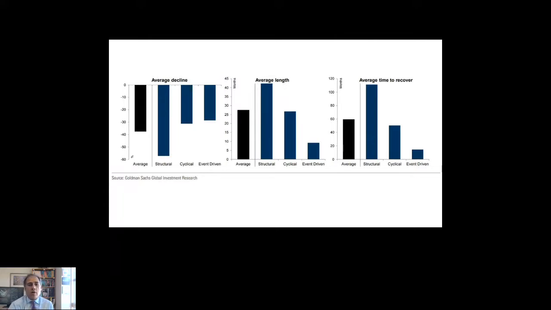Average time to recover means to go back from the bottom. You measure the time from the bottom was hit to the point at which it gets back to where it had reached when it started declining. It's a little bit technical, but essentially what it means is how long will it take for us to get to our February highs? That's what it essentially means from the bottom. And we don't know if the bottom was today, then it'd be from today until, but we don't know when that bottom is. So in one sense, it's not very useful, is it? Because we don't know when that bottom is. But like I said, I've given you an idea of where I think the bottom is on that one. Okay. Let me know any other questions as they're coming through.